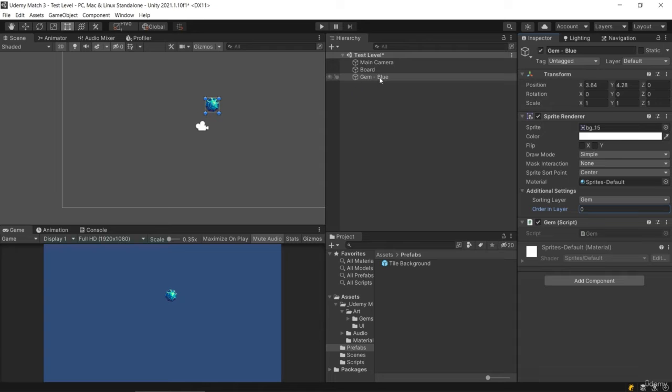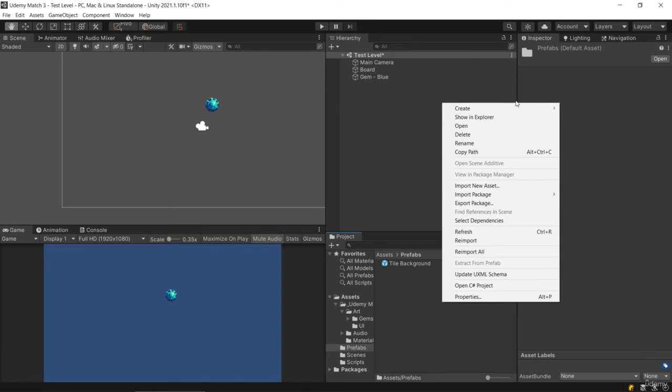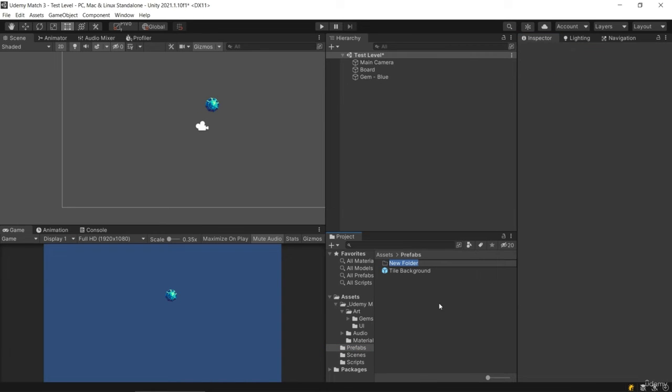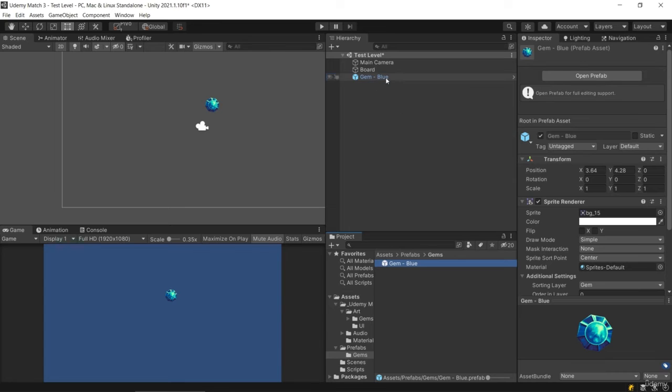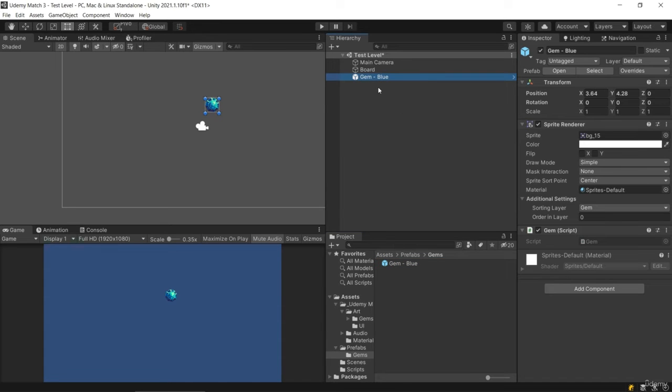Now we need to make this a prefab. So let's go to our prefabs folder. We're going to create a folder here for gems. And then in here, we're going to pop the blue gem in there. And then what I'm going to do is I'm going to create duplicates of this. So I'm going to create